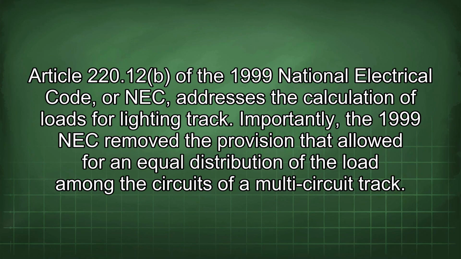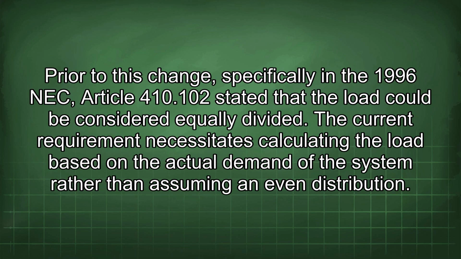Article 220.12 of the 1999 National Electrical Code, or NEC, addresses the calculation of loads for lighting track. Importantly, the 1999 NEC removed the provision that allowed for an equal distribution of the load among the circuits of a multi-circuit track. Prior to this change, specifically in the 1996 NEC, Article 410.102 stated that the load could be considered equally divided. The current requirement necessitates calculating the load based on the actual demand of the system rather than